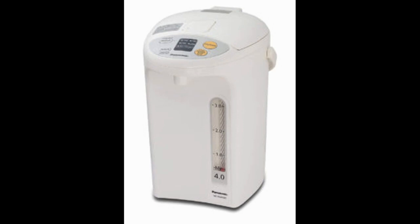Its easy to read water gauge lets you know when water levels are low so you can simply refill. Other great features included in this electric thermopot include a one-touch safety button which locks and unlocks the water dispenser. This ensures hot water is not dispensed accidentally, causing burns. The Panasonic